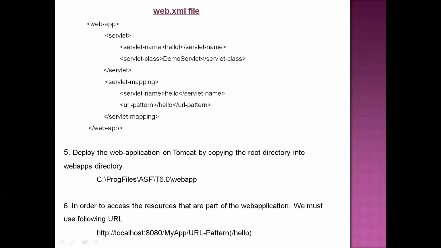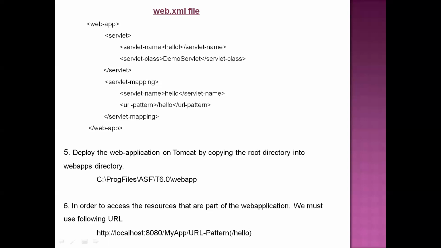HTTP. This HTTP indicates that I am using the HTTP protocol for sending my request to the server. Then after 2 forward slashes, here we need to write the IP address of the server. Suppose your server and browser are on the same machine, then we need to write it as localhost.